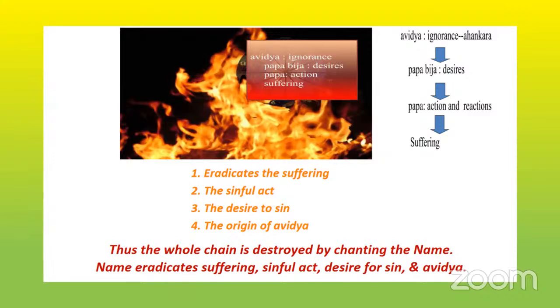So there is no ignorance, which means the root itself is destroyed. When the root is destroyed, then there is no Papa Bija. Mara always uses this name for desires, Papa Bija. Bija means seed. The seed of the papa is only that desire. So if that desire is not there, then we will not commit action. When there is no action, there must be no reaction. So all this is happening because of our ignorance.